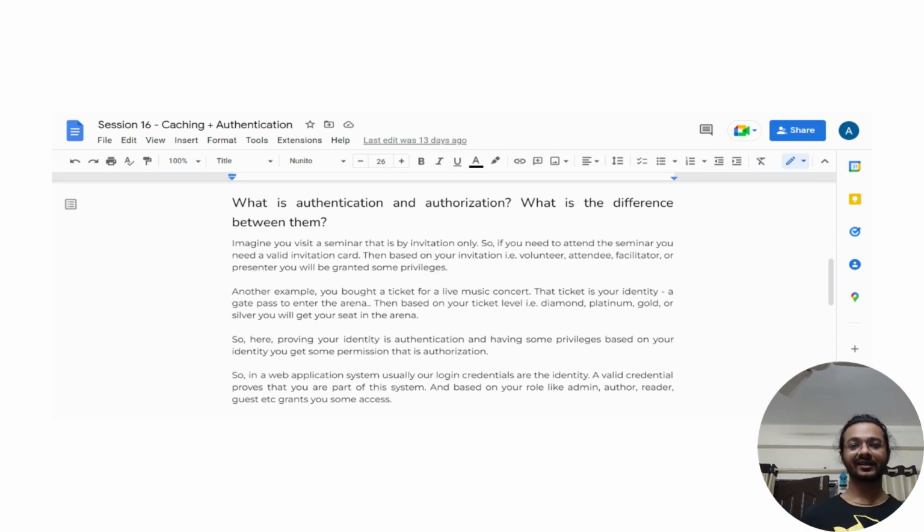ओके, तो जब भी आपको कोई परचेज करना रहता है तब आपको अपने अकाउंट में लॉगिन करना पड़ेगा, तभी आप परचेज कर पाओगे। बट अगर आपको सिर्फ प्रोडक्ट्स देखना है, आपको ब्राउज करना है, डिटेल्स देखना है प्रोडक्ट्स की, तो आप कर सकते हो, बिकॉज दैट डेटा इज अवेलेबल पब्लिकली। बट इफ यू वांट टू परचेज द प्रोडक्ट, देन यू हैव टू क्रिएट अकाउंट, देन यू हैव टू बी लॉग इन।